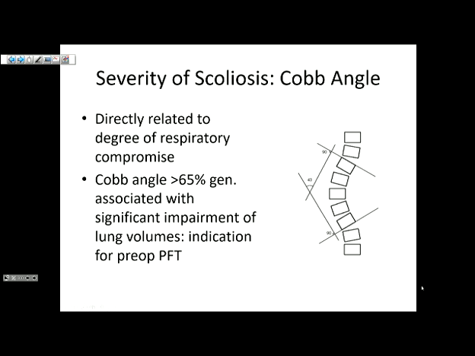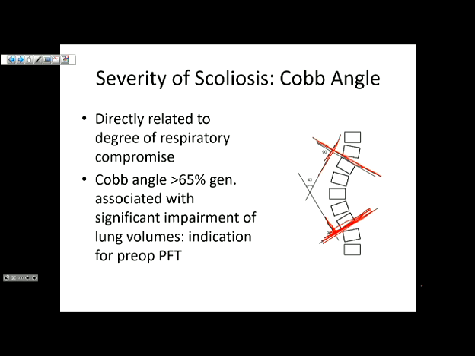and you don't have to be the one to measure and document and figure out what the Cobb angle is, but I'm just going to show you here. You take the most deformed vertebra up top and the most deformed at the bottom, draw a line parallel to the base of each, and then draw a line perpendicular to those until they intersect. That's how they figure out the Cobb angles. Again, I'm not so focused on how you figure out a Cobb angle or where you draw the lines, but that you'll hear the term Cobb angle,